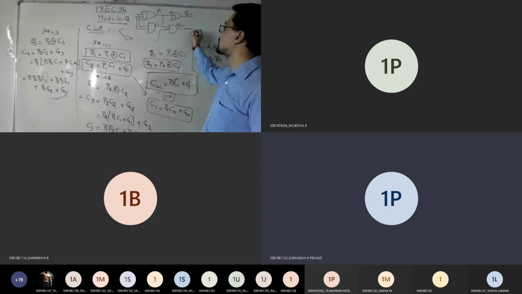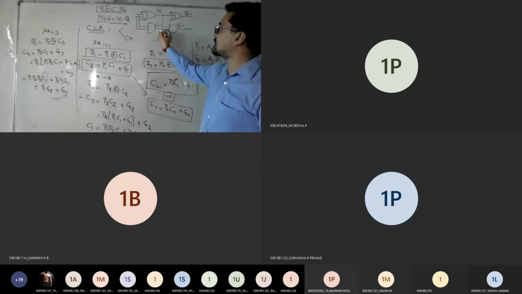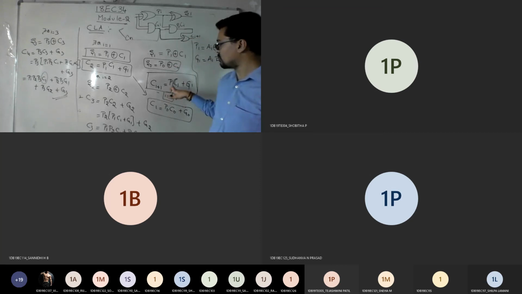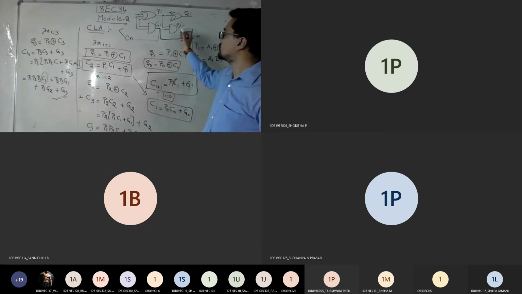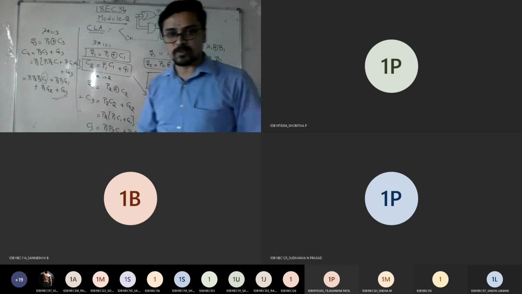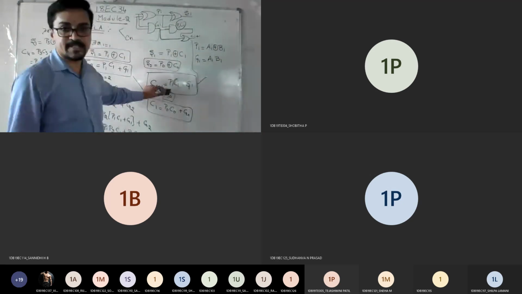So now, what was left out? This connection, along with this GI connection. There is no connection here. So I'm creating from this and taking from this, connecting to an OR gate. So this is your Ci plus 1. Earlier I wrote this as GI, but look here, Ci plus 1 is a combination of Pi plus what? GI. Correct? So GI is coming here, PiCi is coming here. That is how we got the expression Ci plus 1 as PiCi plus Gi.